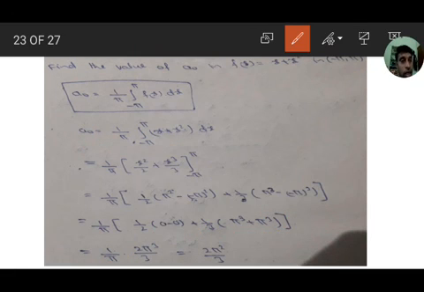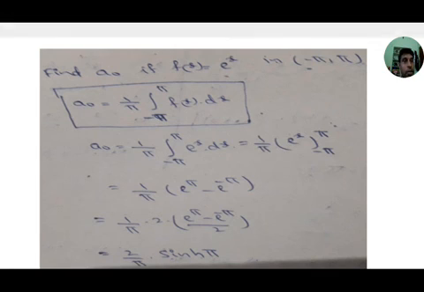Here it is not 0 0, it is a printing mistake. It is pi square minus pi square, and pi square minus pi square we will get 0. Okay, x integration is x square by 2, x square integration is x cube by 3, upper limit minus lower limit. Here x square we get pi square minus pi square, 0. Here pi cube plus pi cube, minus of minus cube means plus pi cube, 2 pi cube by 3. 1 pi cancels, 2 pi square by 3. Let us move to the next problem.